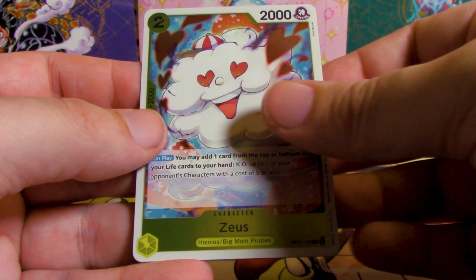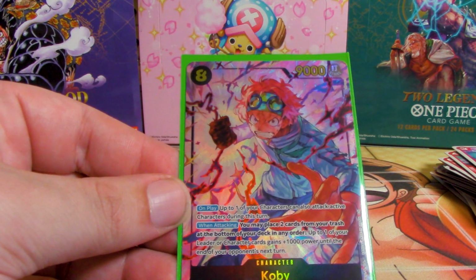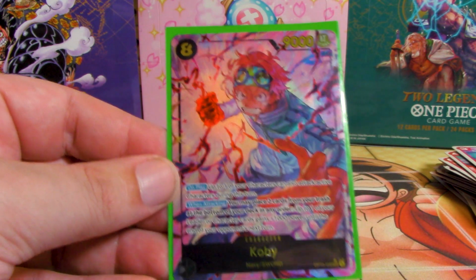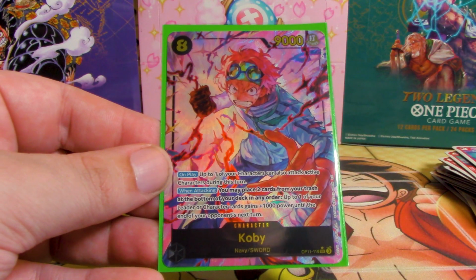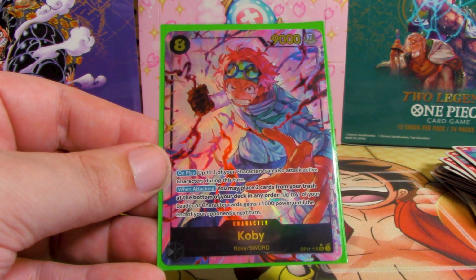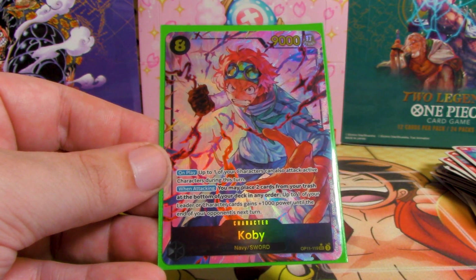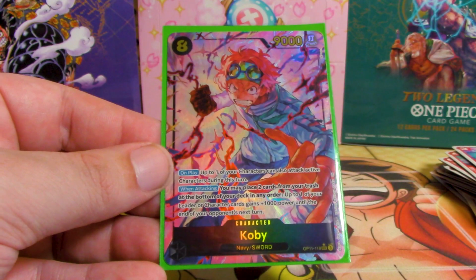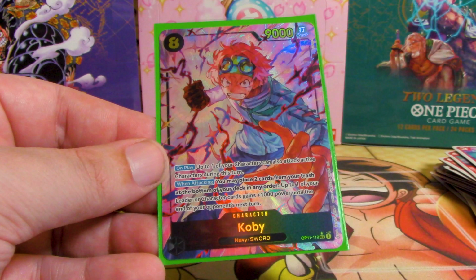And our rares are Zeus. Oh, and we got another alt art. We got Kobe, the secret rare. 8 cost to play, 9000 power, Navy and Sword type, no counter though. His on play, up to one of our characters can also attack active characters during this turn. When attacking, we may place 2 cards from our trash to the bottom of our deck in any order. Up to one of our leader or character cards gains 1000 power until the end of our opponent's next turn. So, you could give Kobe an extra 1000 power. You could give your leader, Kobe, an extra 1000 power, which makes him